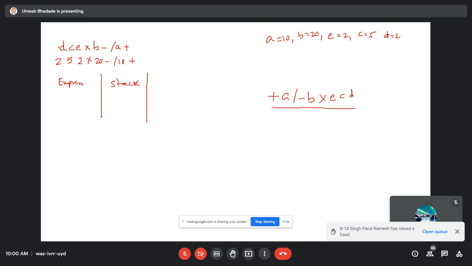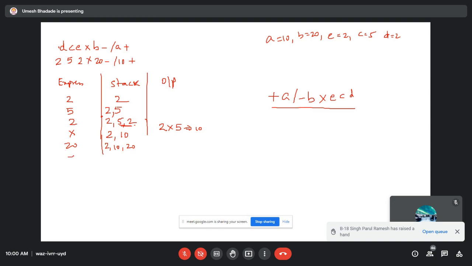स्टैक और आउटपुट ऑपरेशन जो भी होगा, सबसे पहले क्या है 2, 2 ऑपरेंड है, पुश ऑन टू द स्टैक। उसके बाद 5, 5 ऑपरेंड है, पुश करो स्टैक पे। वापस आया 2, तो 2 5 2 स्टैक पे आ गया। उसके बाद मल्टीप्लाई आया। जब मल्टीप्लाई लोगे, तो ये दो ऑपरेंड पॉप करेंगे, 2 और 5। 2 इंटू 5, आंसर 10। ये 10 स्टैक में पुश करेंगे, तो स्टैक में 2 और 10 आएगा, राइट। अब 20 आया, अगला ऑपरेंड, तो 2 10 20।